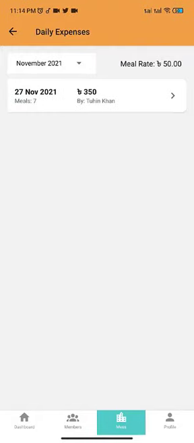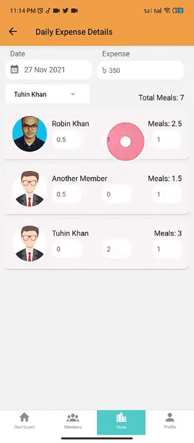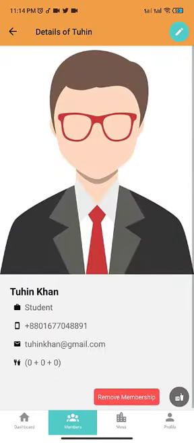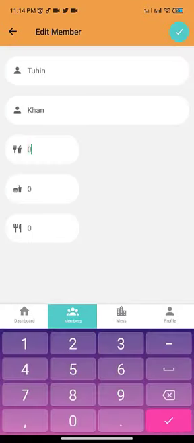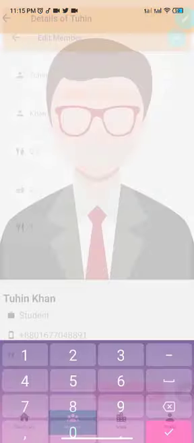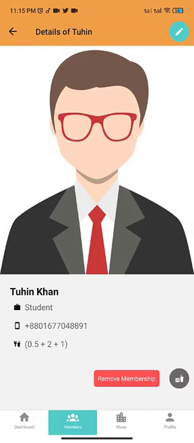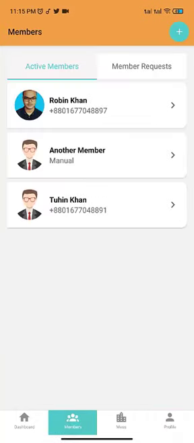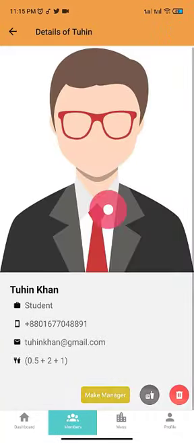So let's go to mess tab. You can see I don't have any add button, or I cannot edit these inputs, but what I can do as a member, I can change my default meal schema, which is currently 000, and update. So this is my meal schema now. Okay, now I am logged in as the admin, and if I go to members tab, I can see that